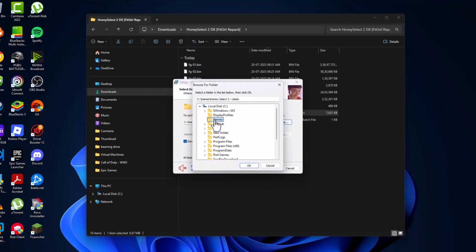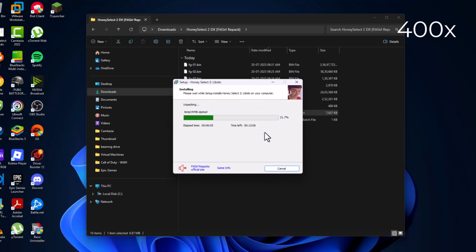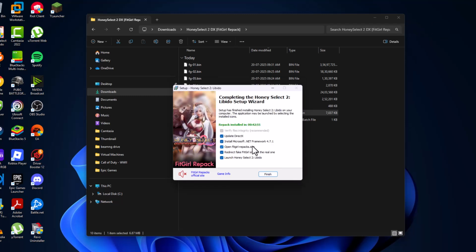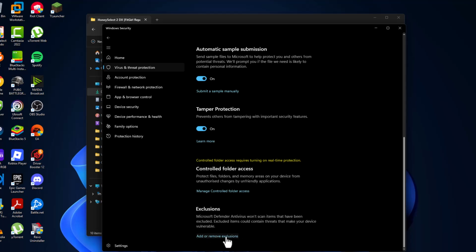Select the browse option and select the location where you want to save this game and select OK and select next. And check all these and select the install option. After the installation is done, open up the Windows Security we minimized before and scroll down and select add or remove